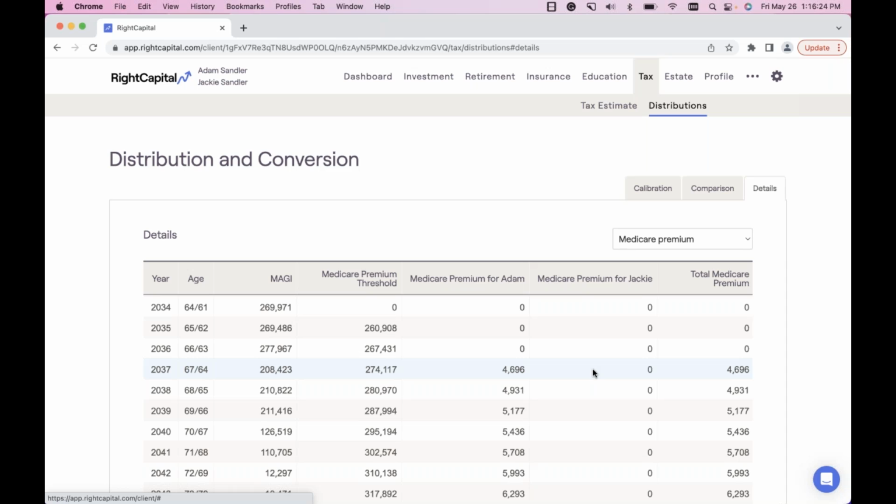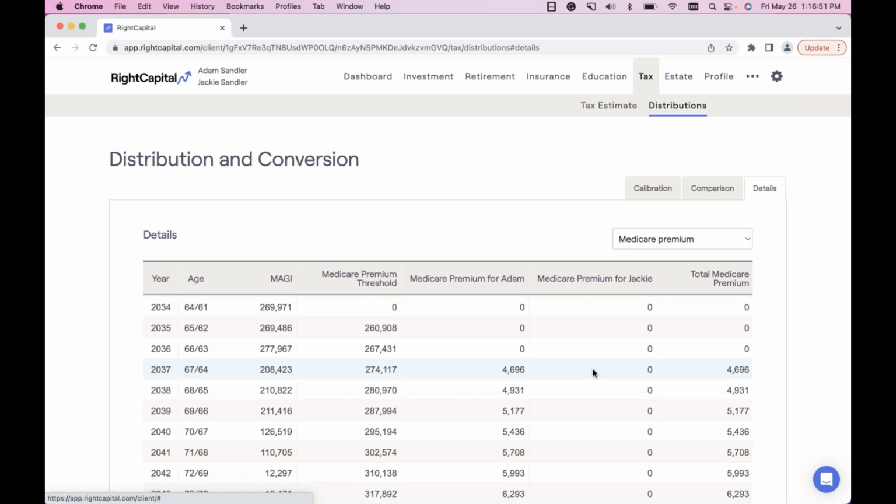So if I went back to that profile goals section, clicked into that retirement healthcare cost card, and switched Jackie over to a detailed estimate, we would then see her premiums in retirement. Again, lots of Help Center content on this. We have lots of helpful webinars that go over this component in a lot more detail, but I always like to point out that a detailed estimate does a lot more in RightCapital, especially in our details tab in our